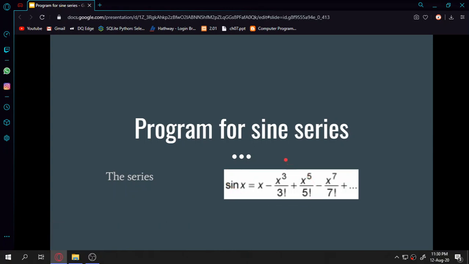Whenever you are asked to program a series, first we have to find the difference between the first and the second term. A series has some dependence between consecutive terms. Suppose it is odd numbers, then the difference is 2: 1 plus 2 is 3, 3 plus 2 is 5, 5 plus 2 is 7. If it is even numbers, 0 plus 2, 4, 6, 8, 10. If it is multiples of 3, it is 3, 6, 9.